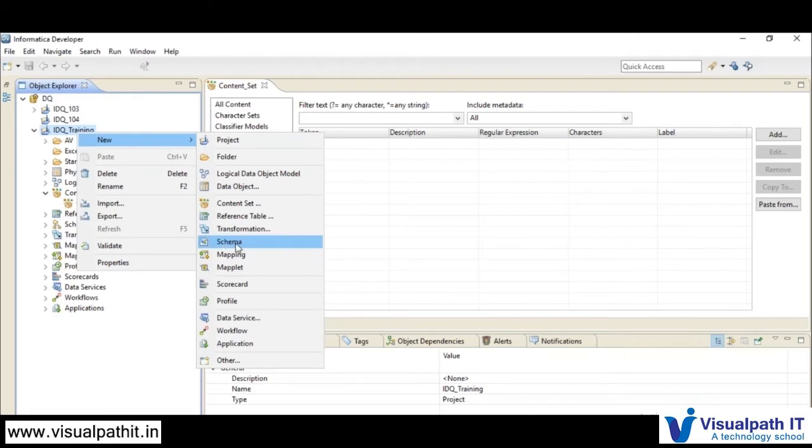In this schema, we will be maintaining the definitions. If you are going with JSON, then the JSON definition will be created under your schema object. And if you are going with XML, then the XSD will be created under your schema. So the schema talks about your definition. Whenever you are going for a conversion, it requires a source definition, and that source definition will be created under this schema. We will be using this schema whenever we are going for any conversions.